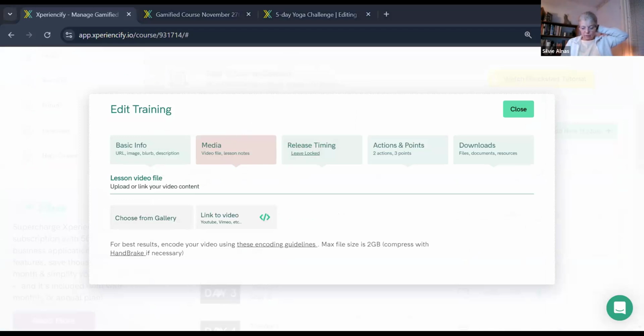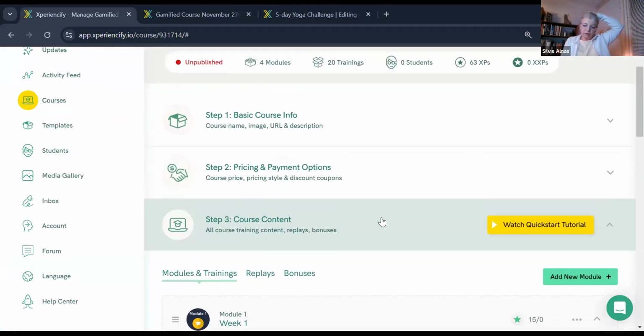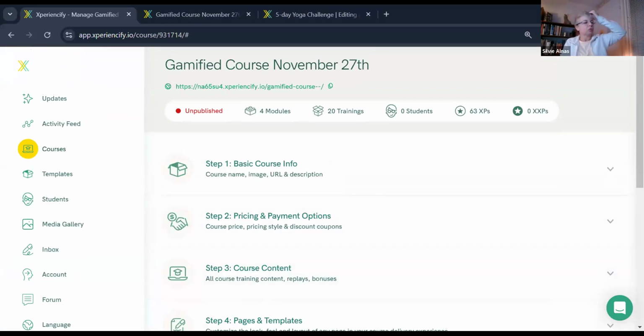And I only have three short questions. If I go to the pages template, we have these notes, the note pages. In the gamified page, it's at the bottom of everything. How do I do that in the disappearing course that you guys created, that I did?